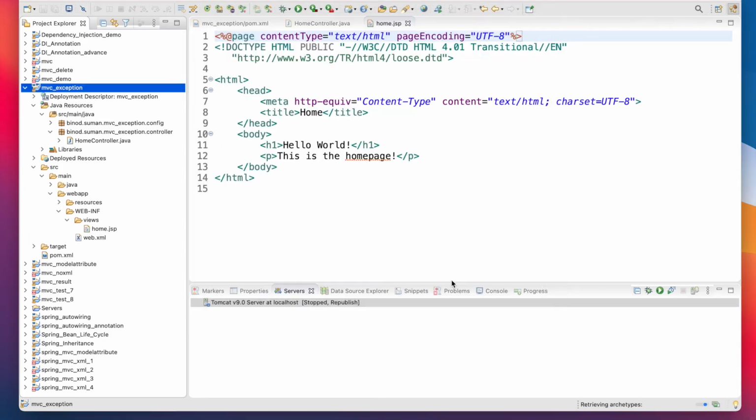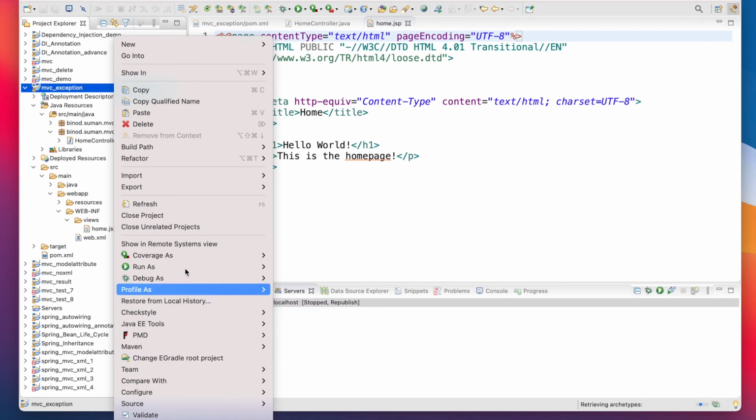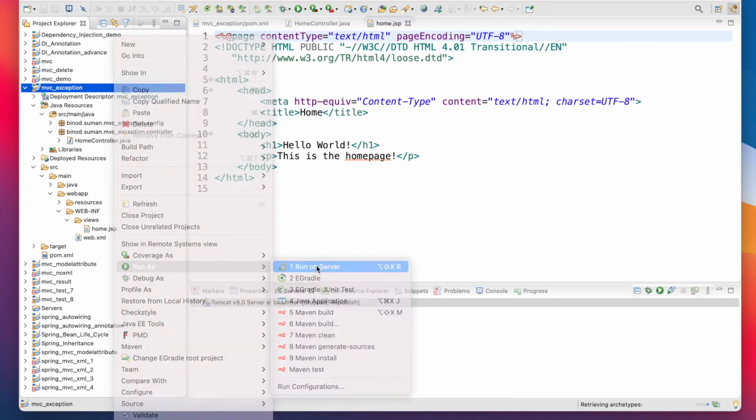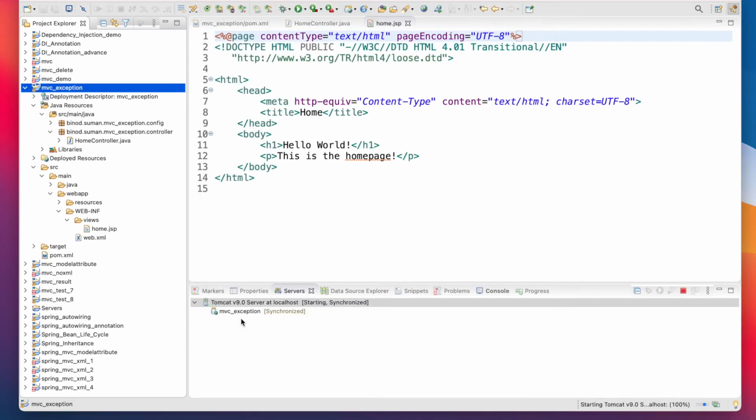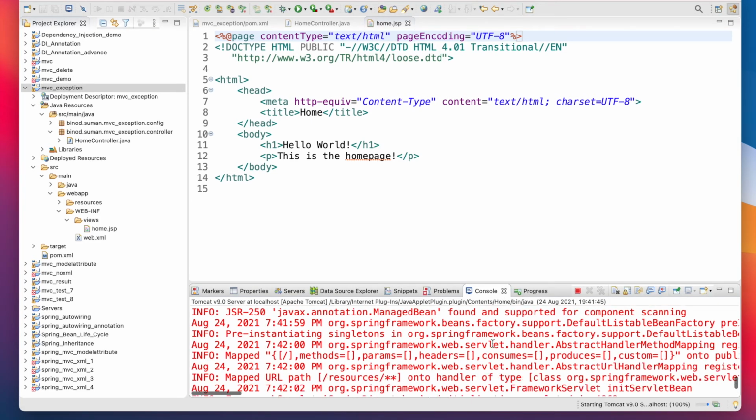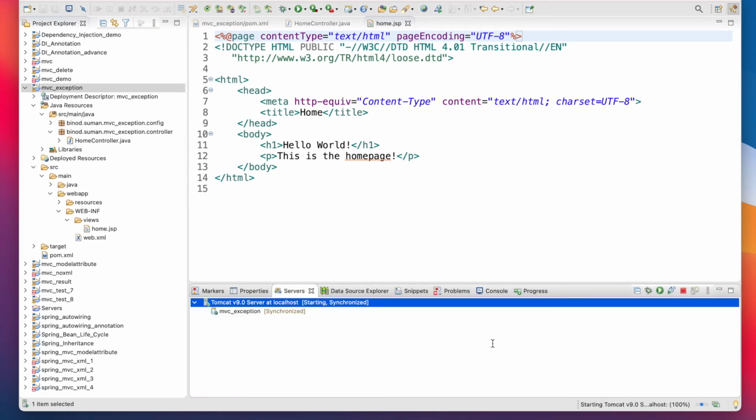Now right click here, run as, run on server. That's it, just finish it. You can see here, right? It is deploying. Then it will start. You go to the console, and you can see that the server is starting now.